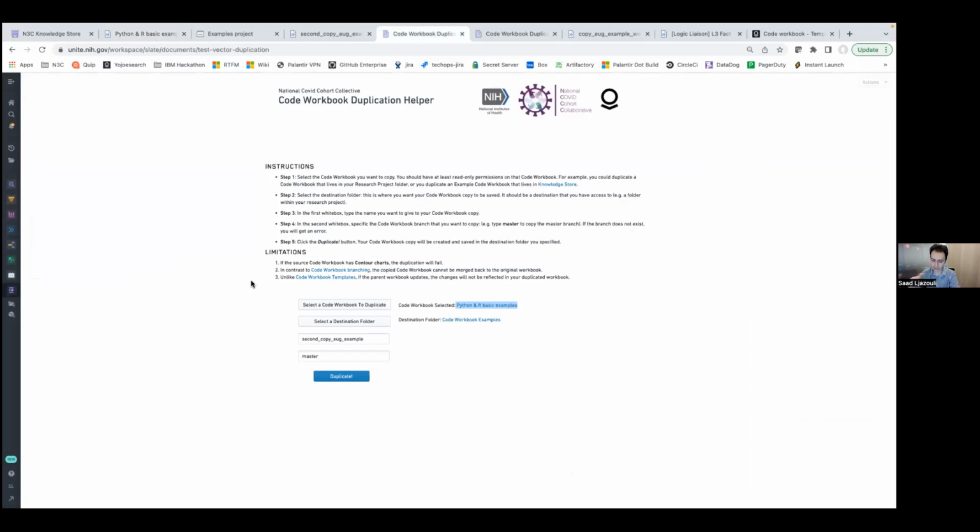So that's caveat number 2. Number 1 is the data access, copying between research projects of different level of data access. Number 2 is contour charts. And number 3, what I mentioned here is that